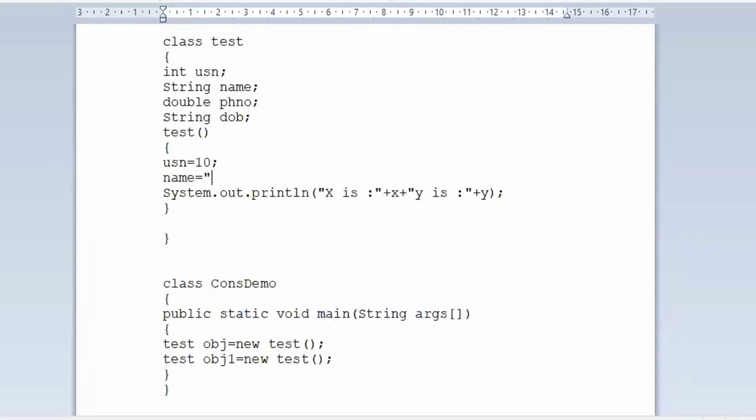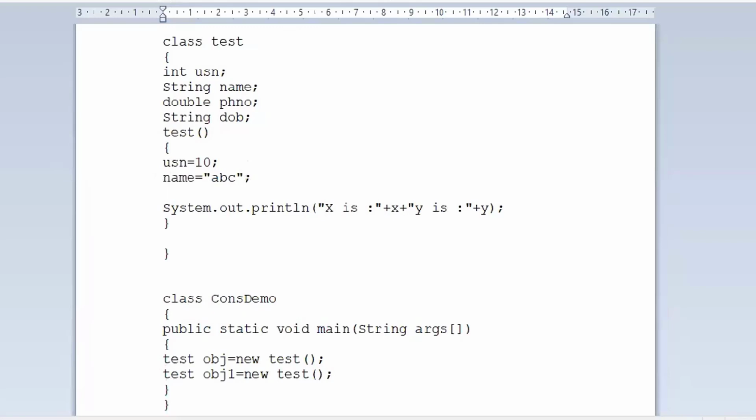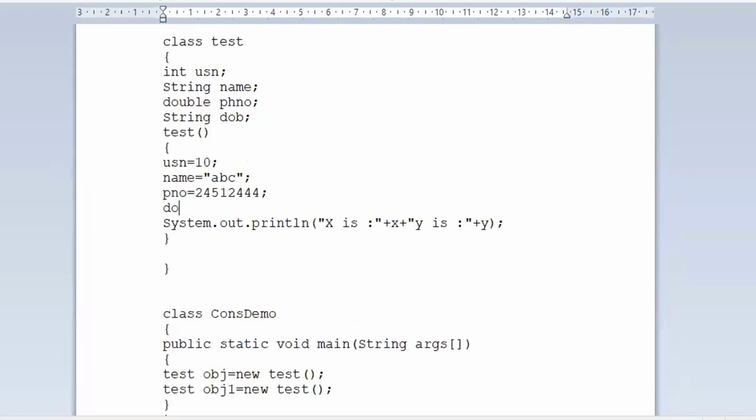I have to put it in double quotes, as that is a string constant. Then phone number is equal to some random number. Then date of birth is equal to some date of birth, 0808.